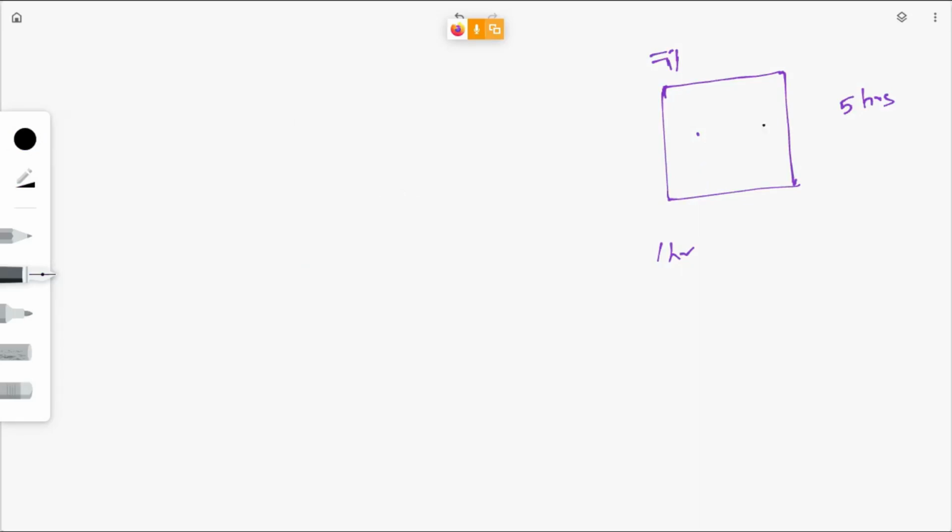Try to understand here. There is a tank here. We don't know the capacity of the tank. It can be 10 liters, 20 liters, 100, or 500. So what he says is that this tank is filled by this tap in 5 hours, right? You need to find in 1 hour how much of this tank will be filled. So what I will do is divide this tank into 5 parts.